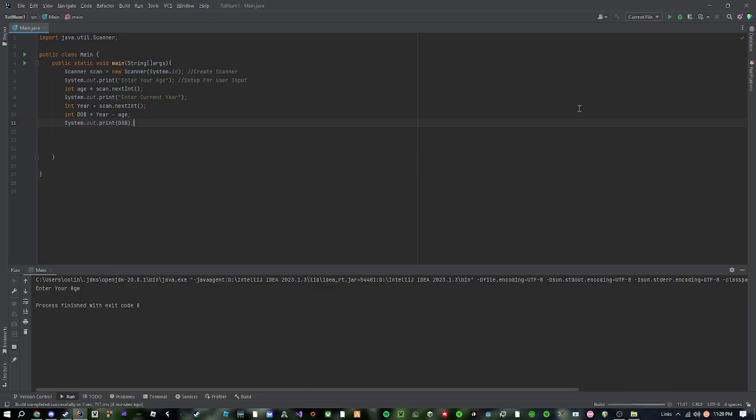So let's test it out. See if there's any bugs or anything. There shouldn't be. So here I am 15. It's 2023. This said born 2008. Of course, we can get more in depth with it,